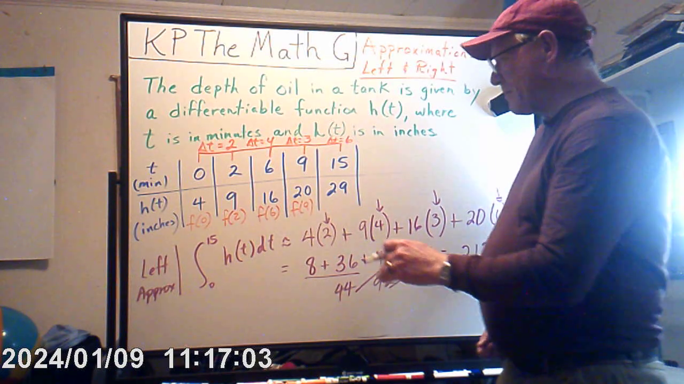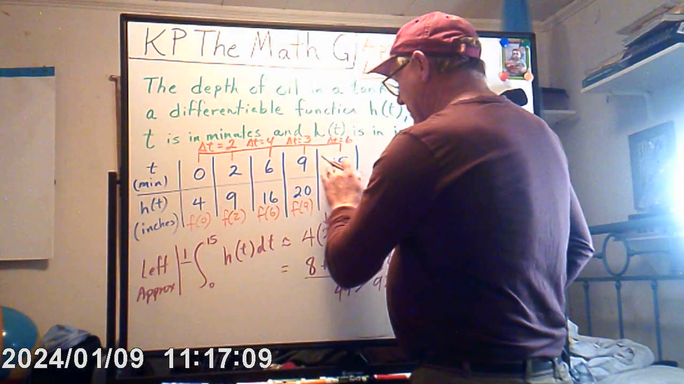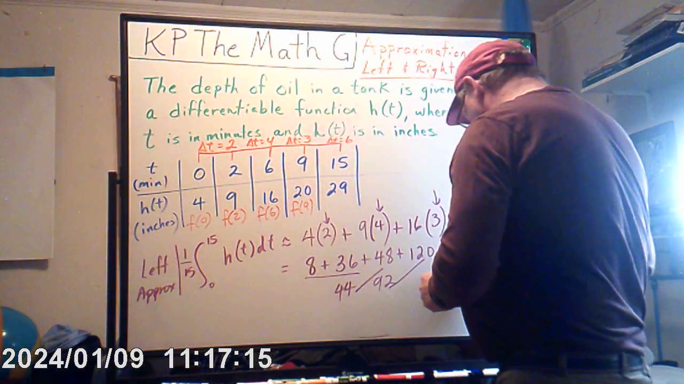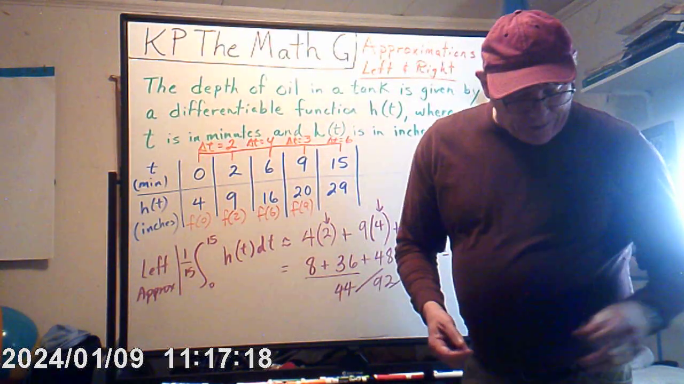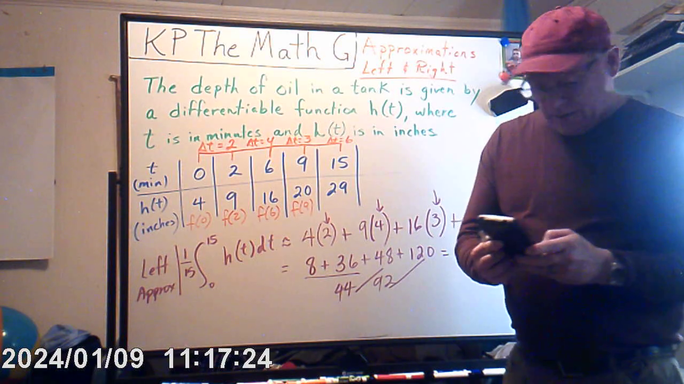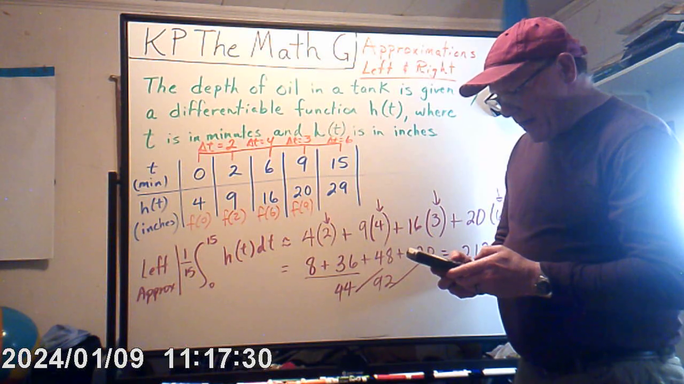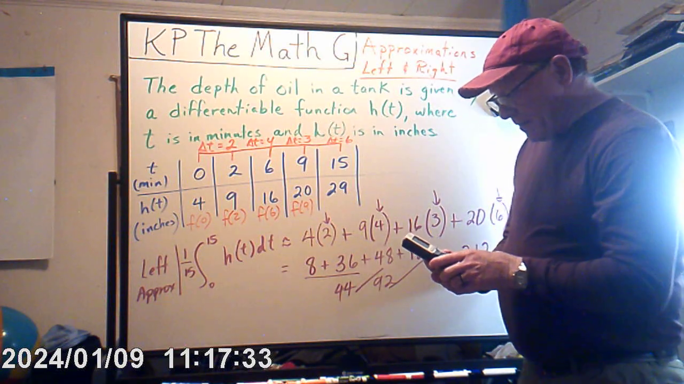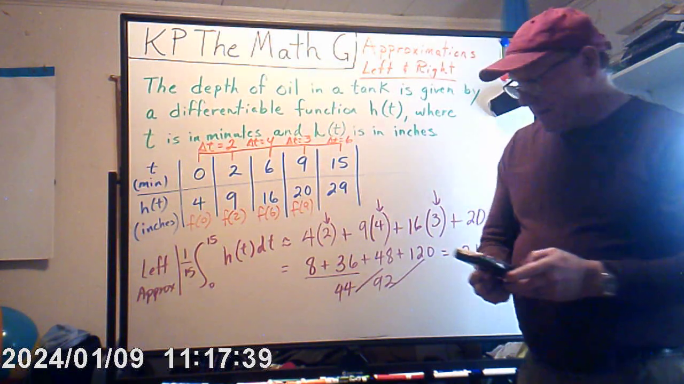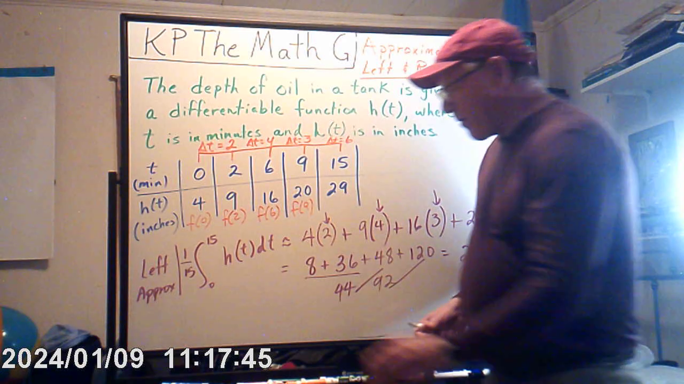If we had average, this would be 1 over 15 minus 0, which is 15. And then we take this answer and divide by 15. I've got a calculator right here. So 212 divided by 15, that would be average, about 14.133333. So a little over 14 inches if you're taking an average. But we're not. We're looking at total amount